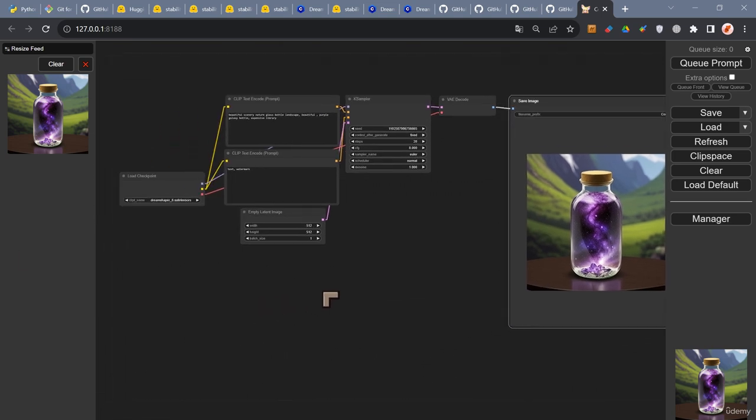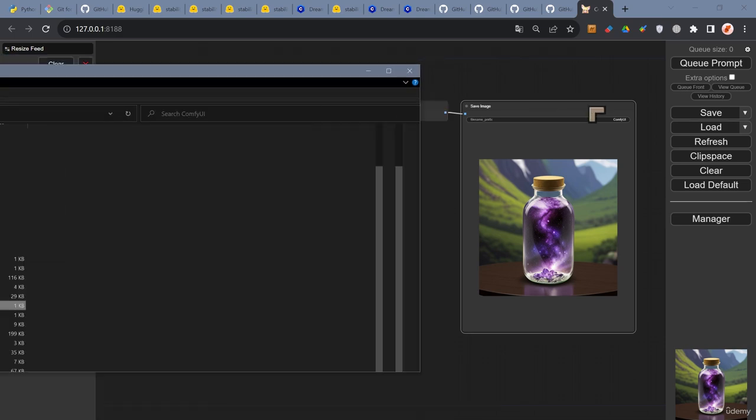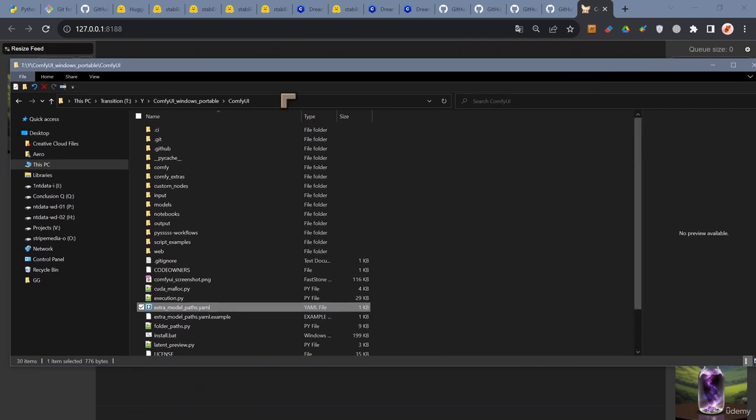And we also might want to ensure that we have the same location for Automatic 1111 checkpoints and other models that we're going to be using. So let's take a look to see how we do that. Now I'm going to bring up the directory for Comfy UI. Inside of the Comfy UI directory itself, we've got a file called extra_model_paths.yaml.example. Some of you who looked at the installation instructions on GitHub may already know about this. And we can remove the .example